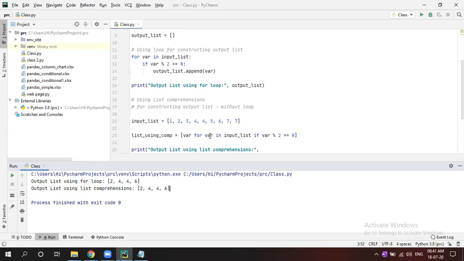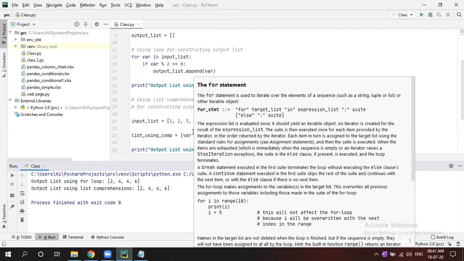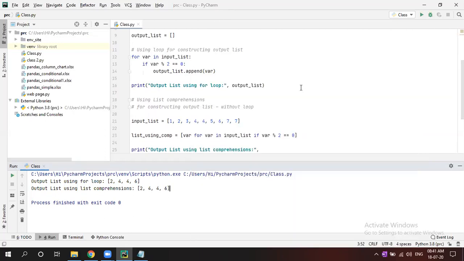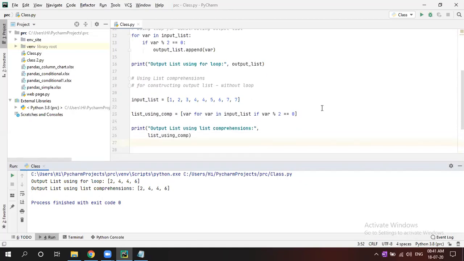That's it. This for loop and if condition, you can write in one line and give square brackets. That square bracket means list comprehension.